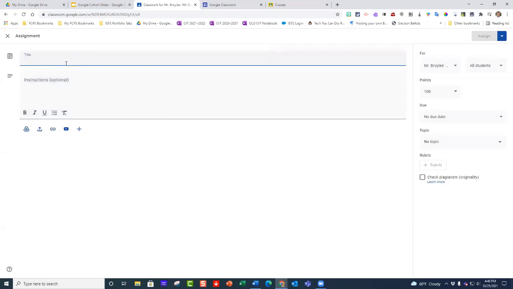And there's a couple different ways that we can do that. So I just want to call this, let's see, My Rainy Day. All right, and the instructions are: follow the instructions inside the document. So I'm thinking that I'm going to have the kids write about their rainy day that they experienced